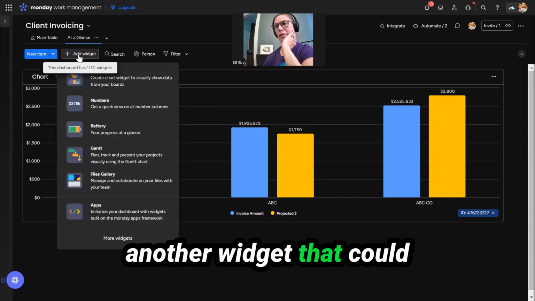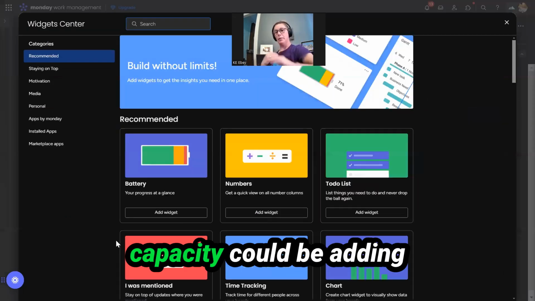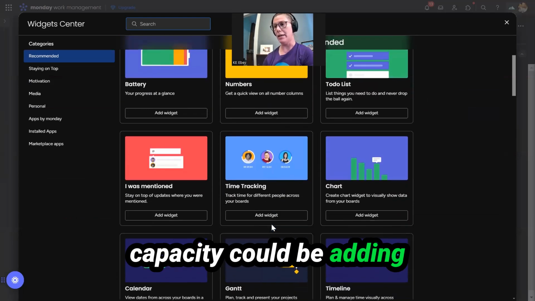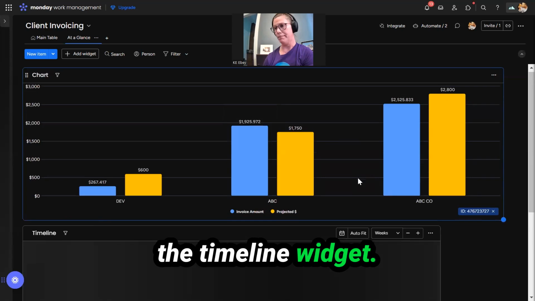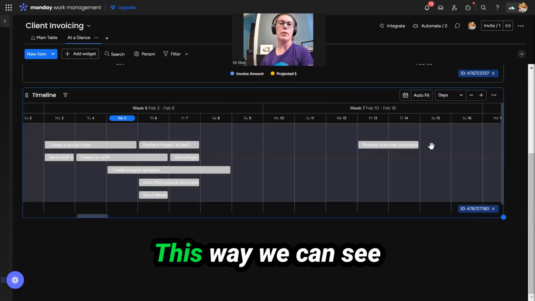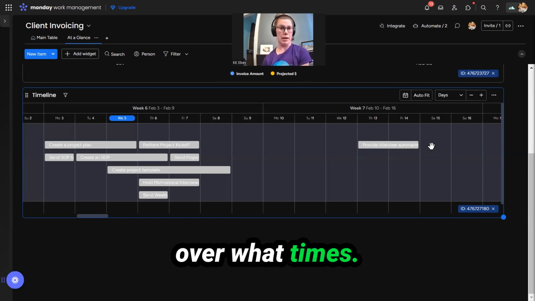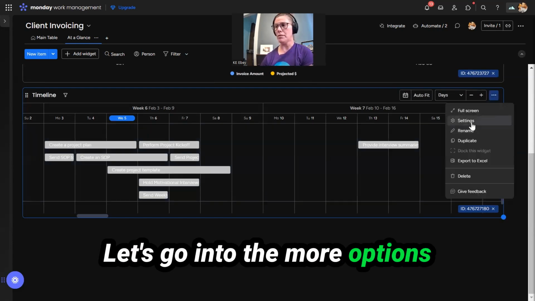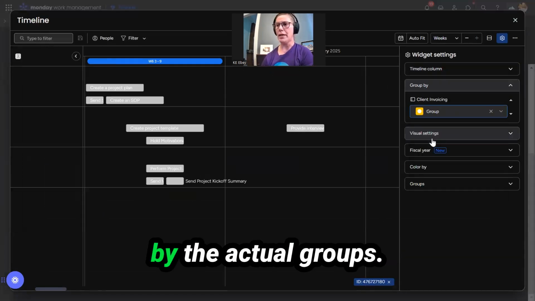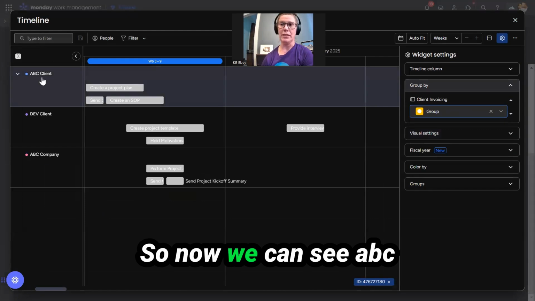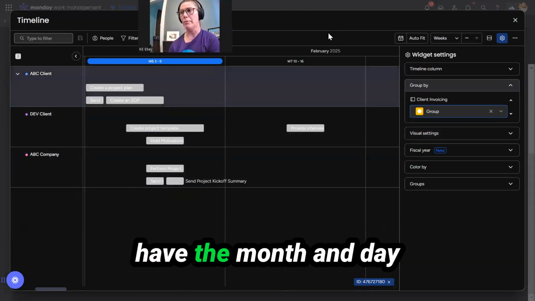Another widget that could be really, really helpful for you in planning capacity could be adding the timeline widget. I'm going to make this a little bit bigger. This way we can see what tasks are spreading over what times. Let's go into the more options and adjust this to be a little bit more helpful for us. I would like to group it by the actual groups. So now we can see ABC client, dev client, ABC company,